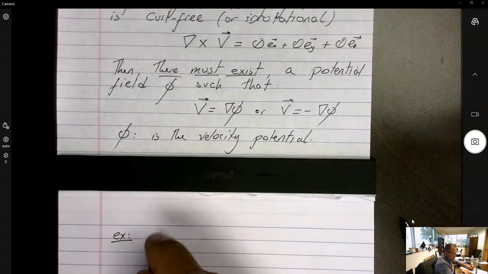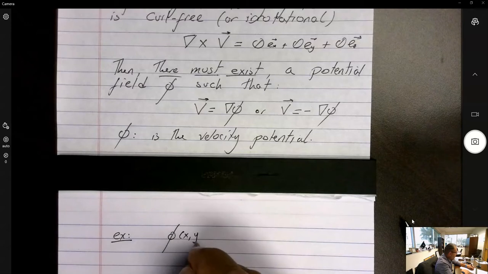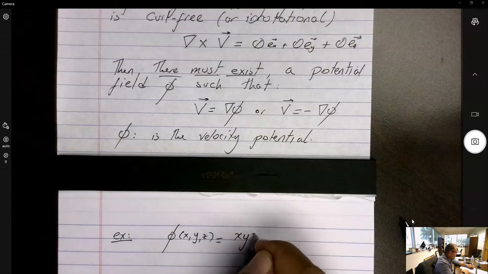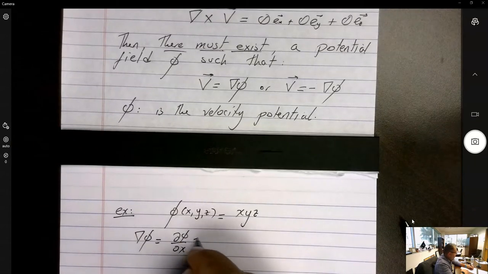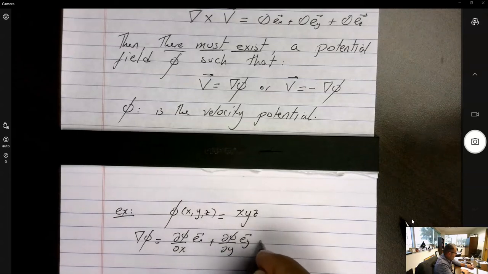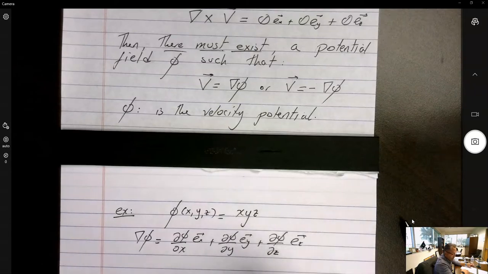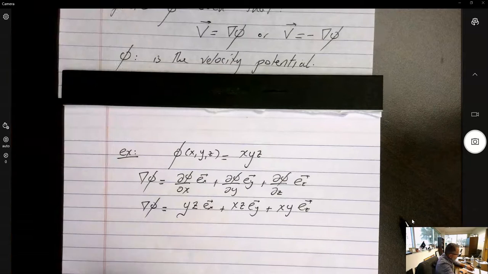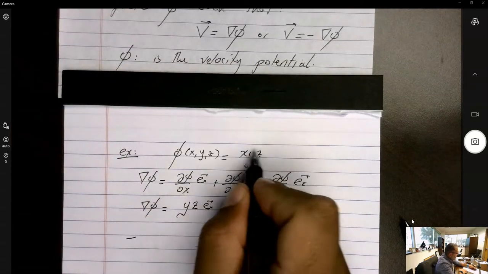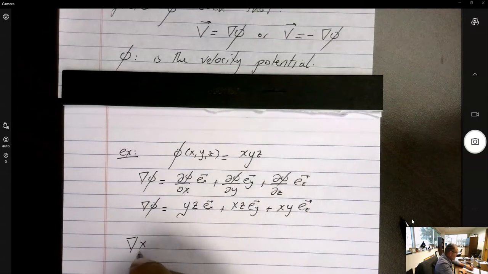So, example. Let's assume that we are given this velocity potential, or the potential, we don't have to call it velocity potential again, and it happens to be xyz. We can take the gradient of this velocity potential, and it will turn out to be yz in the x direction plus xz in the y direction plus xy in the z direction. So this is the gradient of this field. Let's try to take the curl of this gradient, and we should get 0, right? According to this mathematical identity, regardless of what this function is, you can come up with your own function, make it as complicated as you want. But if you take the gradient of that function, you end up with this vector field. And now if you take the curl of that,